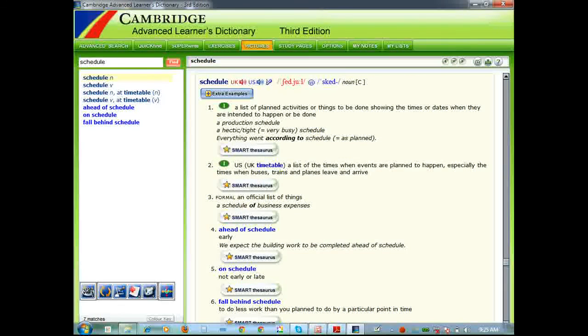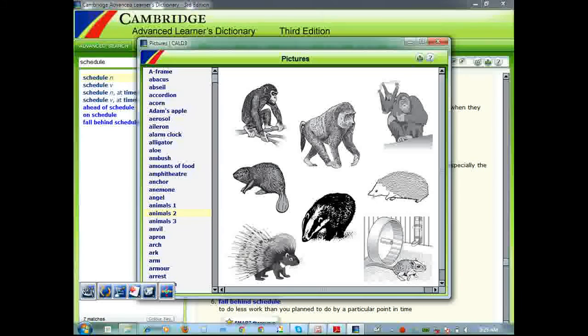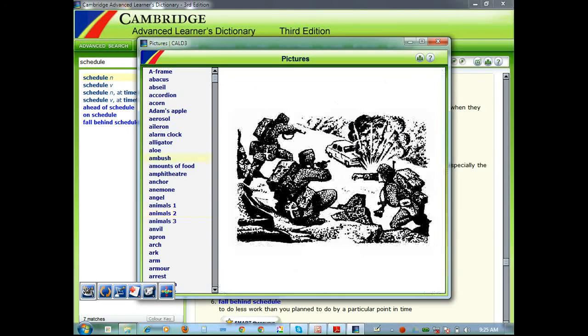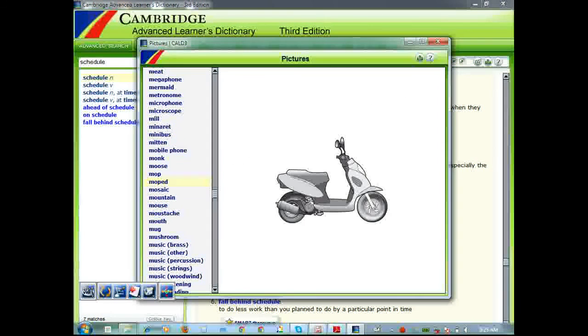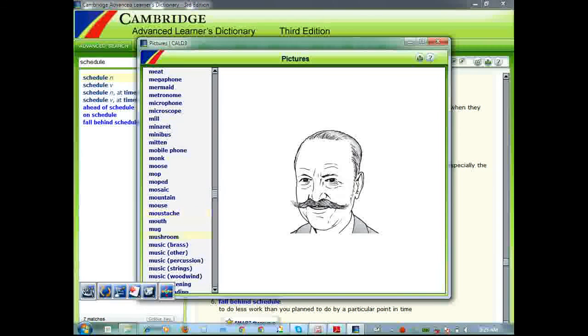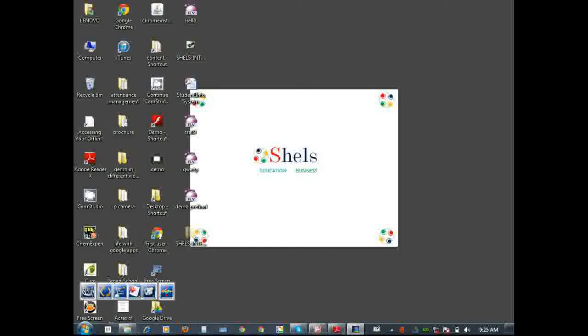We have an option called pictures. Now with the pictures, the moment I say a word, I can also bring a picture out of that. For example, what is ambush? So I have a picture. What is an arm? I have got a picture. So wherever things can be expressed with pictures, it's easy to display it on the screen. For example, mustache or mushroom, it's very easy to be shown on the screen. Now coming back to this one,